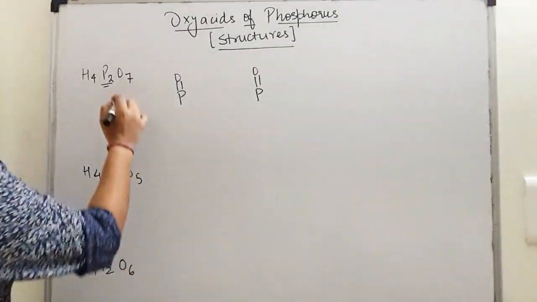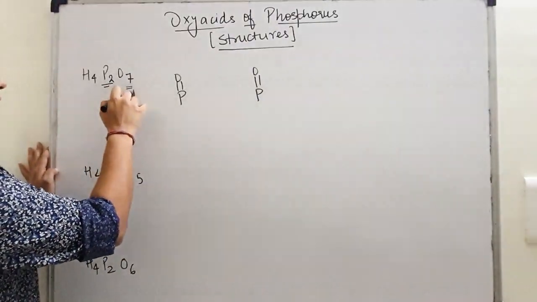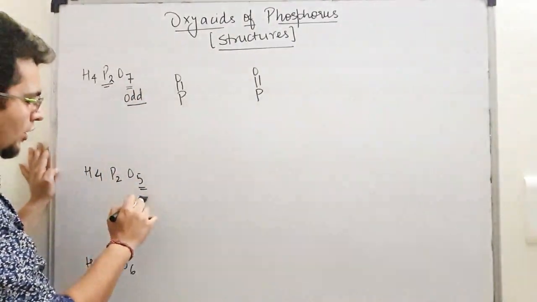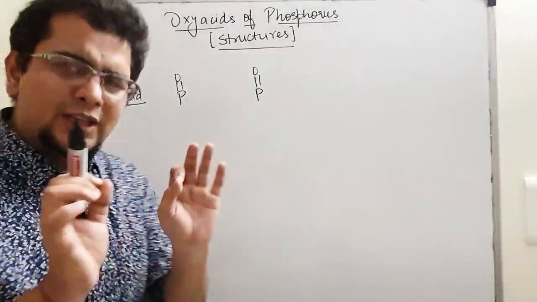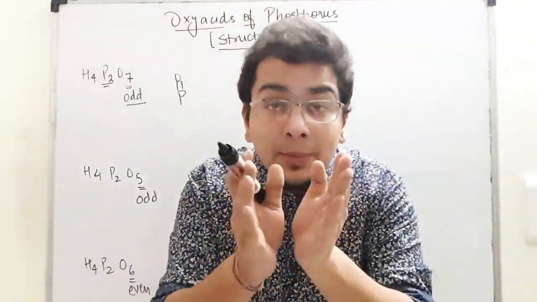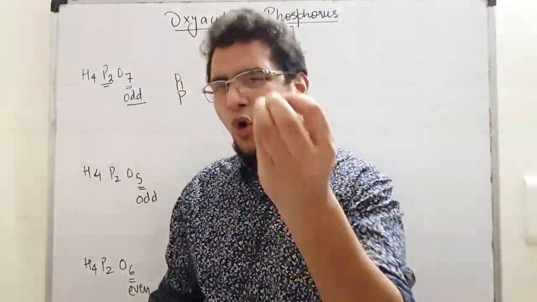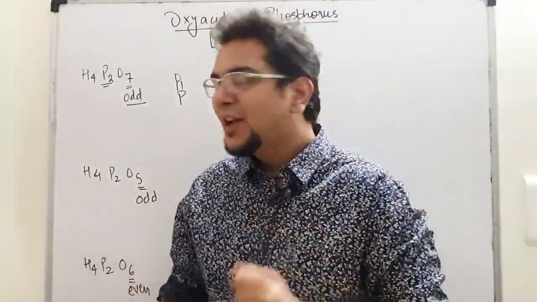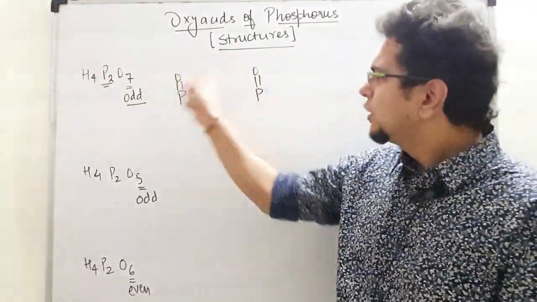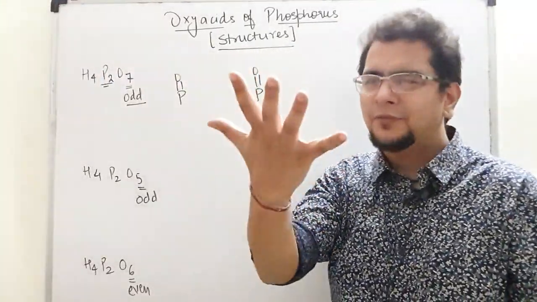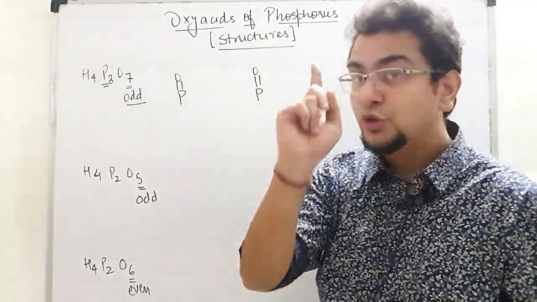Great. Now here, do you have an odd number of oxygens or even? This is an odd number, this is also an odd number, and this is an even number. Now it is simple. The rule is very simple. You have to distribute the remaining oxygens equally to both phosphorus. The problem is that an odd number is there. 7 are there. So 1 given, 1 given. How many left? 5 left. Out of 7, 2 are used, 5 left. 5 cannot be equally distributed between 2 phosphorus. That means they will have to share 1 oxygen.